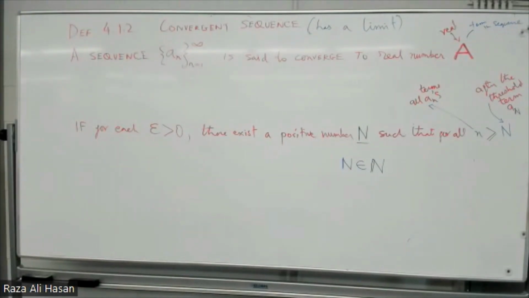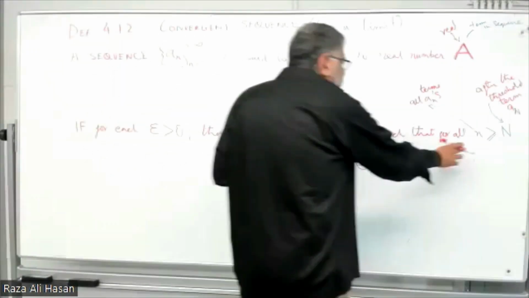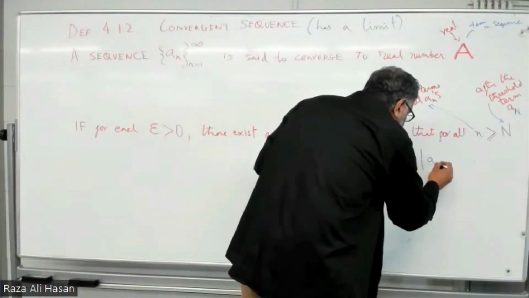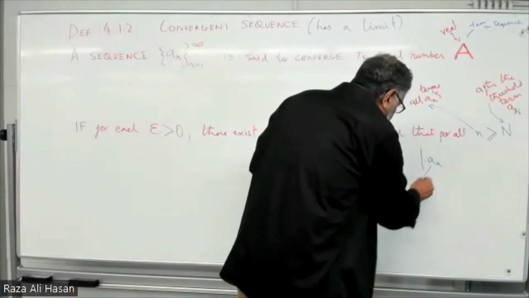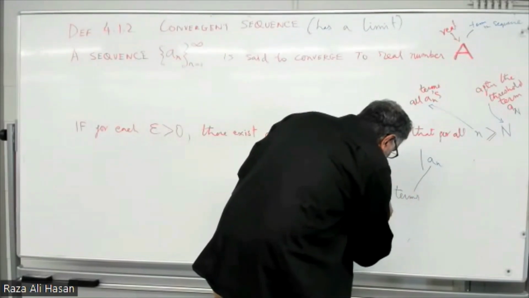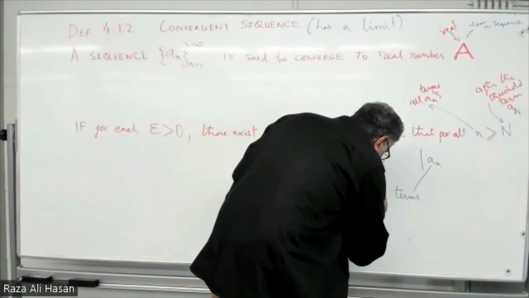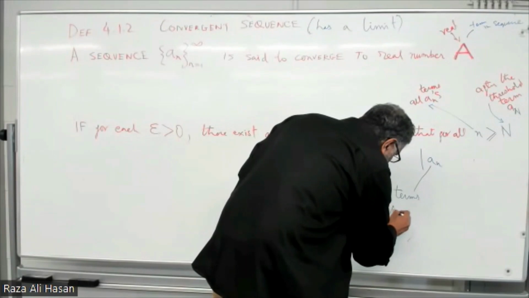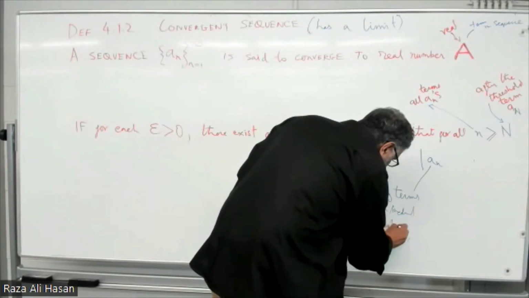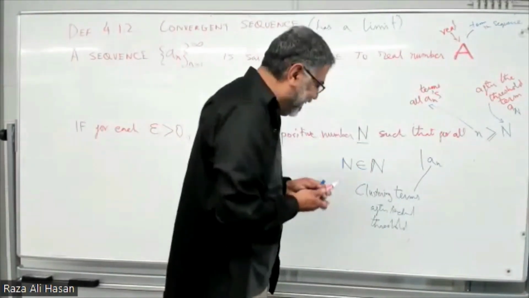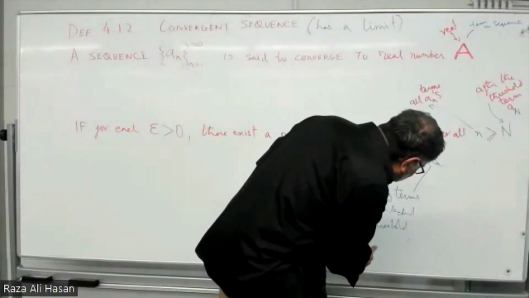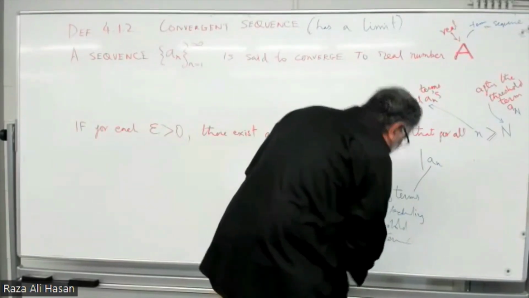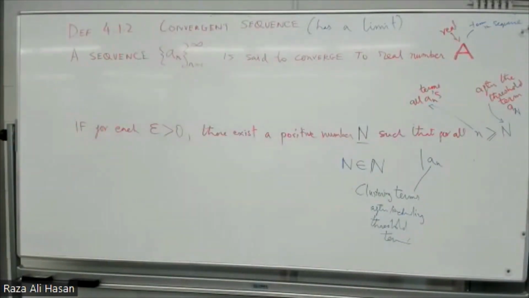And then the condition goes, for all n greater than or equal to N, we have this situation. The situation is that all the terms, these are the terms that are clustering, the clustering terms after N and including the threshold term,